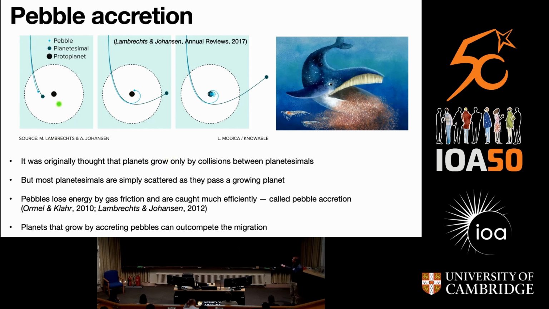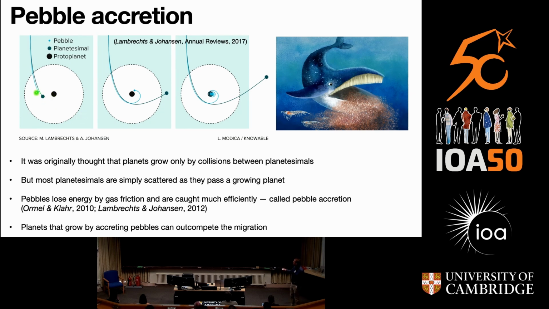Here's a growing protoplanet. Here's the Hill sphere. This is from our Annual Reviews paper in 2017. Here's the planetesimal that the protoplanet is trying to accrete, but what happens typically in a two-body process is just a scattering. It's not very interesting. Most of the time you just scatter the object. Actually hitting the protoplanet is very unlikely. Replace the